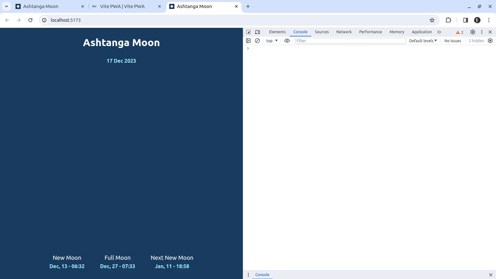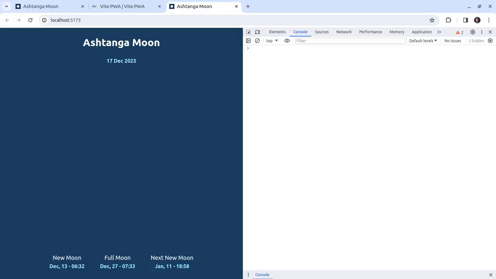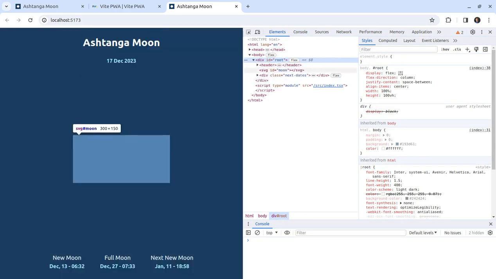So coming back to the application, you may not see the chart here because of this conditional rendering. And as you may remember, we rendered the moon face here with the d3 library. So if you take a look at the code here, the root element and the moon,